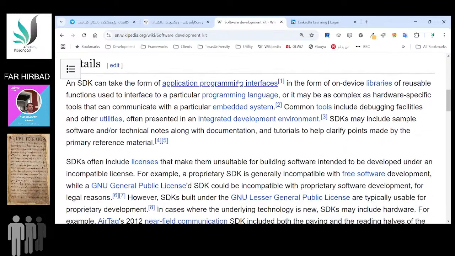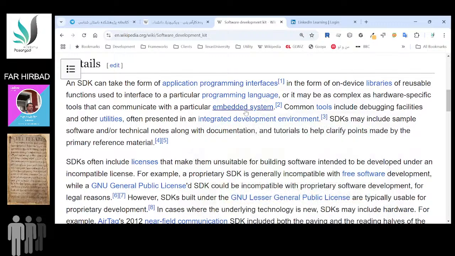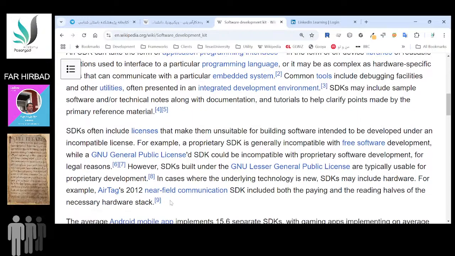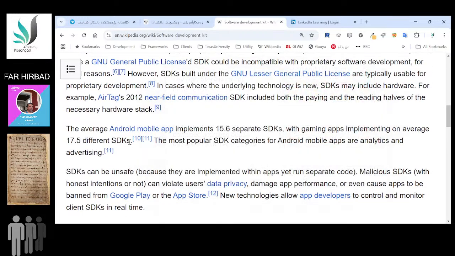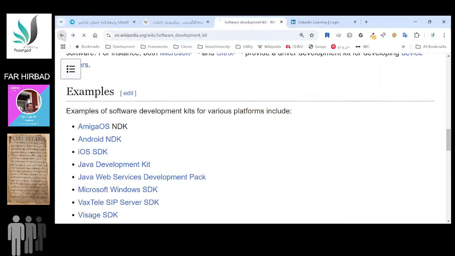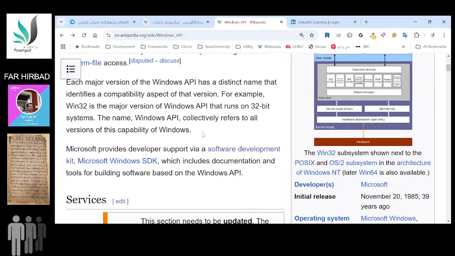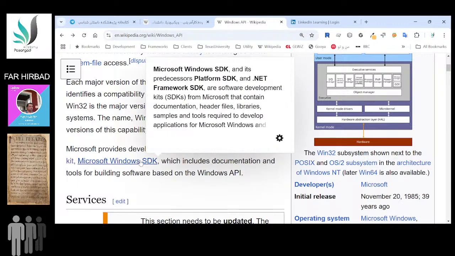In terms of the API, the SDK has embedded systems, and the embedded system is connected to different tools, and the different tools are connected to different utilities. This is the whole structure together. For instance, Android mobile app developers know about the specific SDK, or the iOS developer tools as well. Okay, and then the API utilizes the SDK to communicate with each other